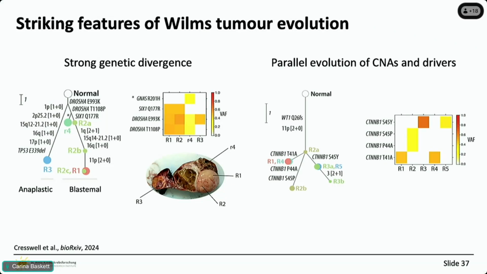And then also something that we quite strikingly see in Wilms tumor too is parallel evolution. So I believe this is very common in species evolution as well. But it's not that often seen in cancer evolution. So when we do see it, it's really, really quite striking. But in a particular subtype of Wilms tumor, there's a really strong late evolutionary selection for beta-catenin mutations. So much so that when we take several samples, we can often see many different versions of this mutation co-occurring in the same tumor. So this really tells us about the order and also the strength of selective pressure for these particular alterations.